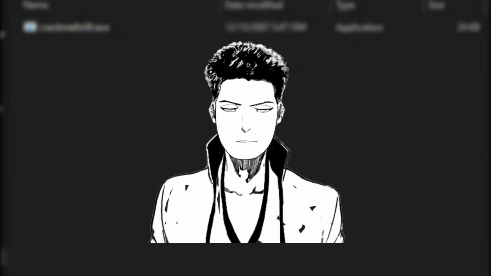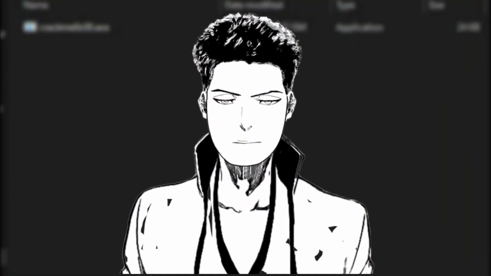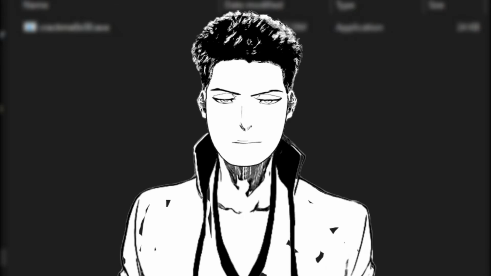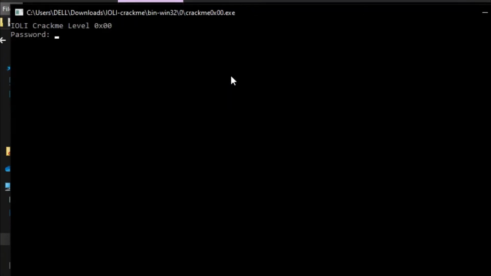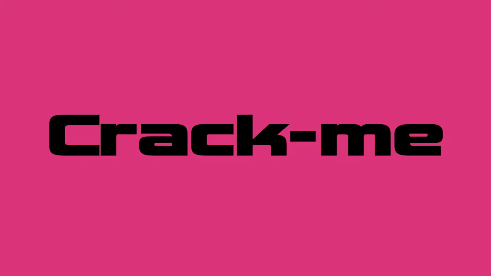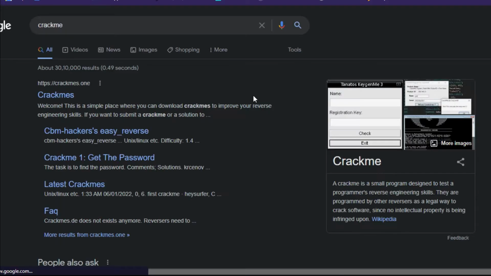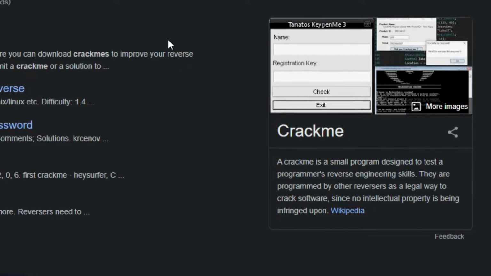Previously, we saw a very simple exploitation of a program which illustrates the basic steps involved in the process of reverse engineering. But now it's time to use the knowledge we have gathered till now to crack this crackme. If you don't know what crackmes are, then they are just binaries built only for practicing the skills of